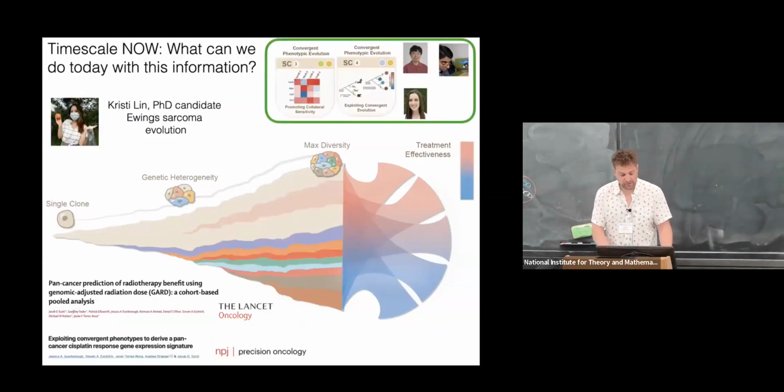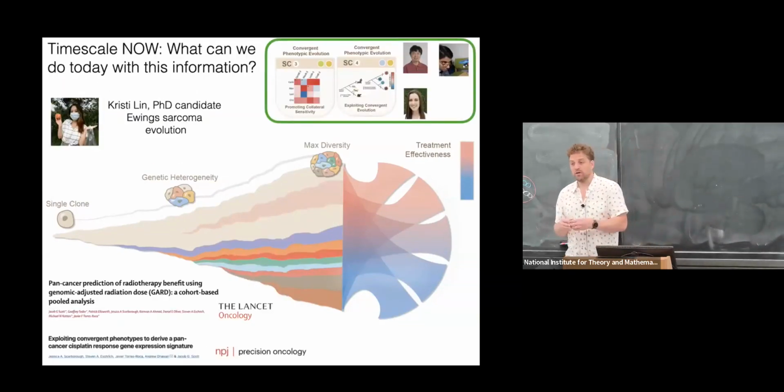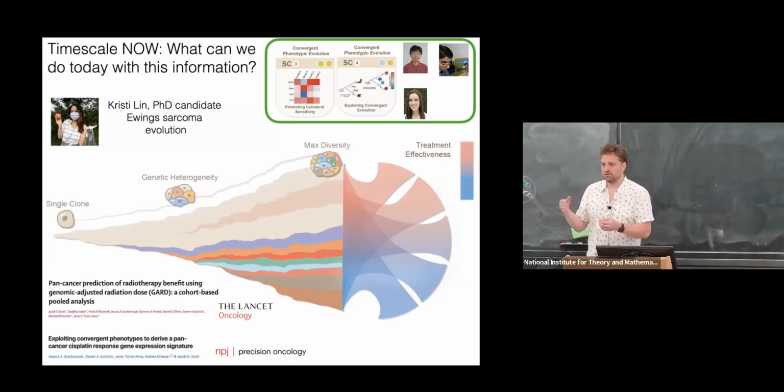And then finally, there's the shortest timescale, which is the now question. So after I stick a needle into a patient and I send it off for sequencing or whatever analysis I choose, what can I say about what to do today, regardless of what's going to happen tomorrow or the next day? And we spend a lot of time thinking about genomic signatures of therapy choice. We're not going to talk about that today because I think it's the least relevant topic.